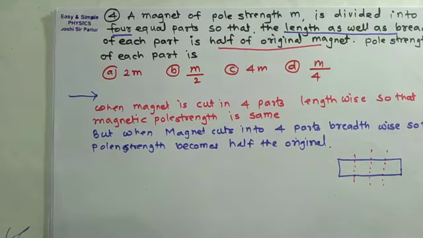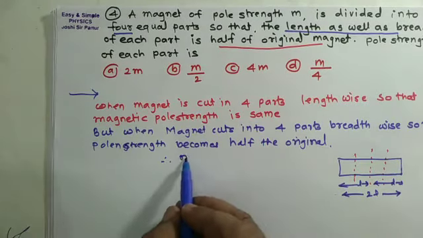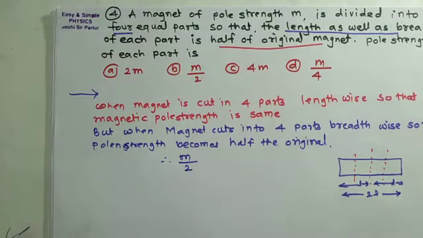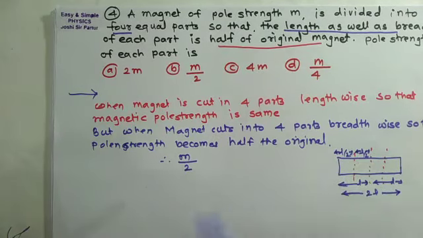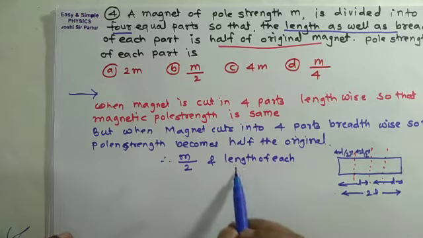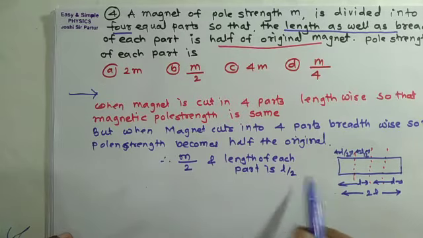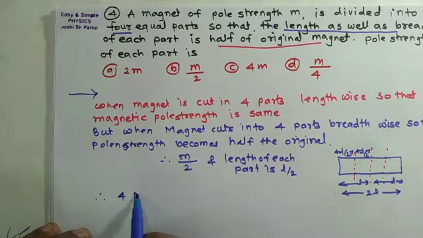See here, when cut in four parts, the length will be 2L. Here, pole strength is half the original and the length of each part will be L upon 2. Length of each part is L upon 2. So, therefore, four parts having